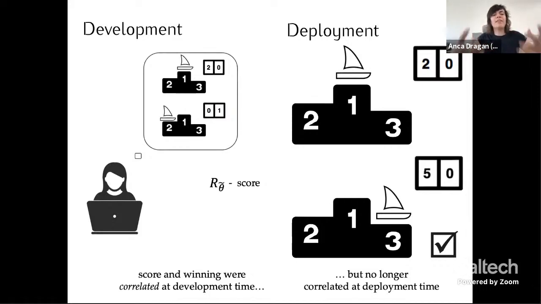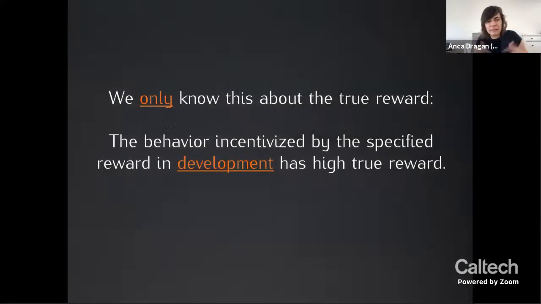So if we take this idea that I'm only looking at some development environment, and that's what drives this disconnect between theta, what I want, and theta tilde, what I write down, and try to put it into math, it's basically something like this. The key idea is that the specified reward is not the same as the true reward. So we should not expect that the behavior it induces everywhere in any environment is the right behavior, but we do know for sure that it does induce good behavior somewhere. It induces good behavior on the environments used by the designer during development time to tune and test the reward function. So on those development environments.